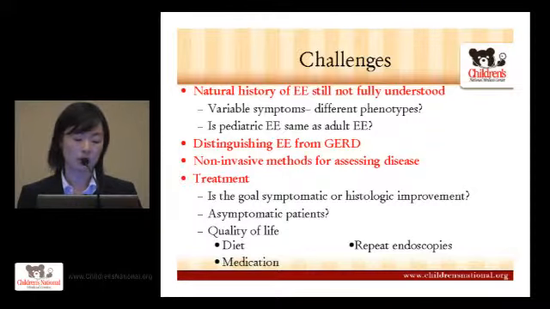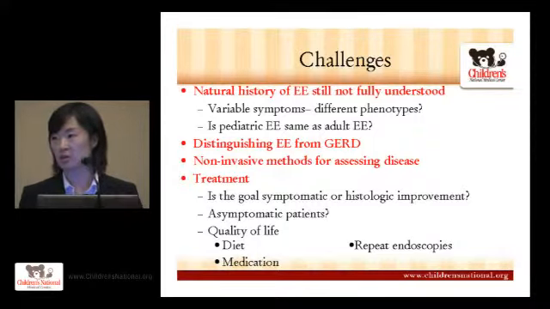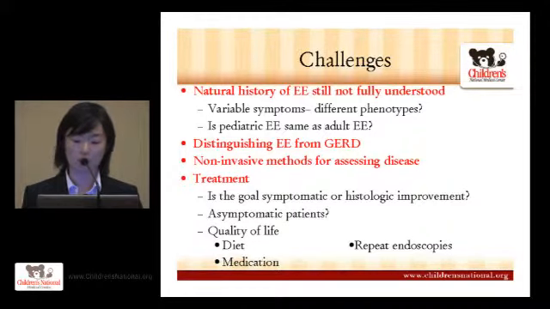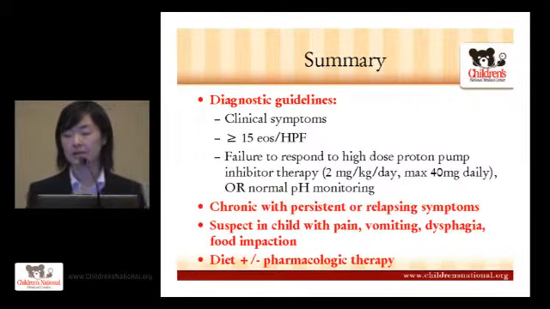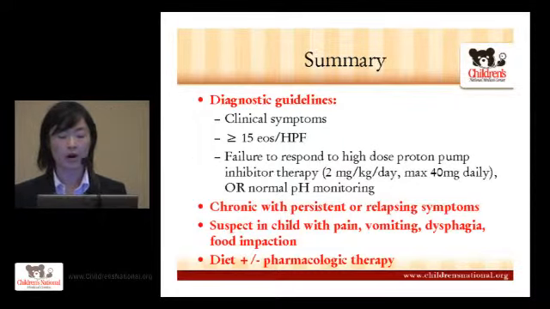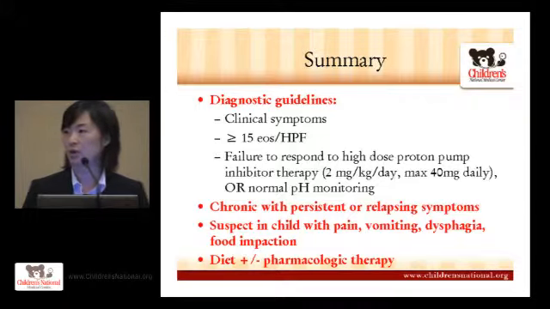And there are a multitude of quality of life issues when it comes to treating these kids and deciding how and who to treat. And that's both diet, medication, as well as the need for repeat endoscopies and continual medical follow-up. So in summary, the diagnostic guidelines for EE are characteristic clinical symptoms, along with histologic findings, primarily at least